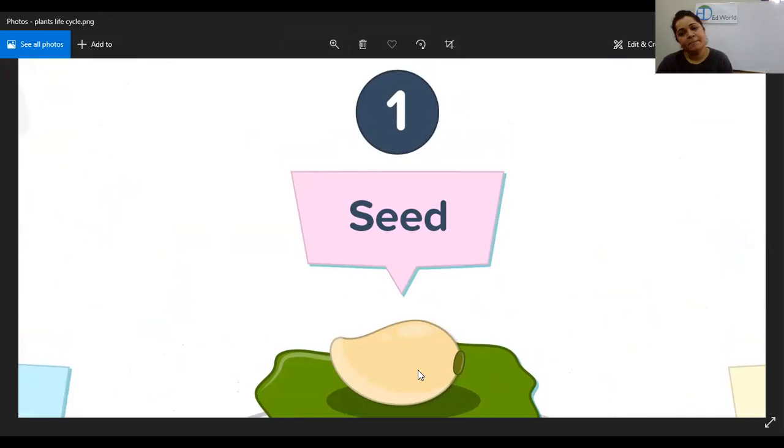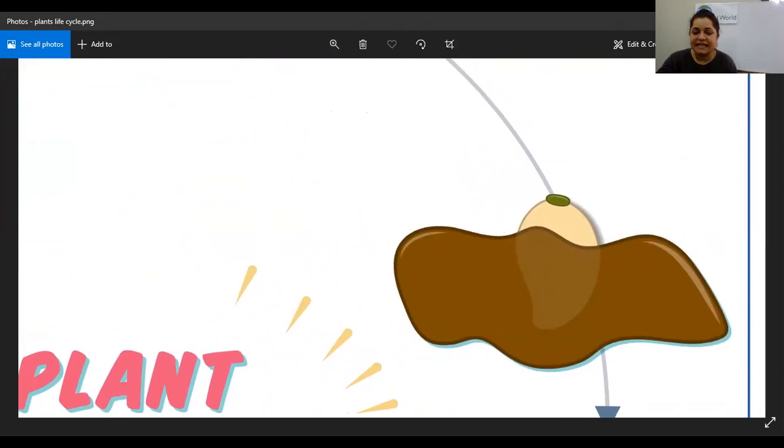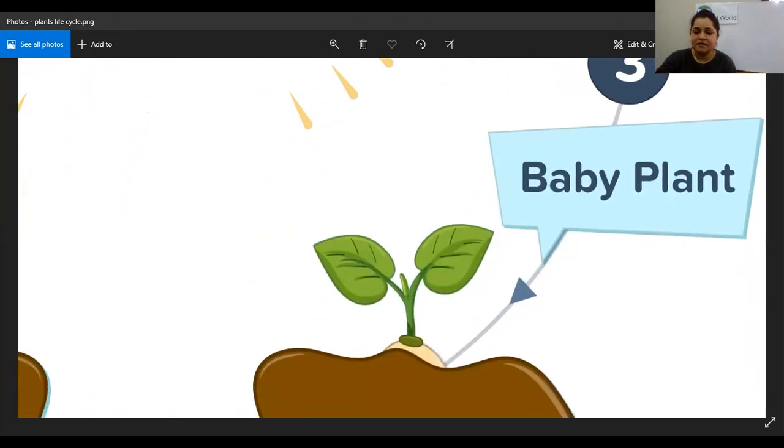We get it from the fruit, or maybe we have got it from the shop and we want to turn it into a plant. So what we're going to do is we're going to put the seeds into the soil. See, seed goes into the soil. It is growing. It needs nutrients. It is going to get sunlight, air, soil, water. We're going to give it these. And then comes the